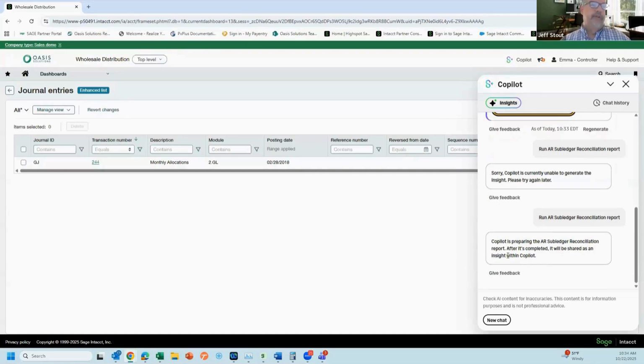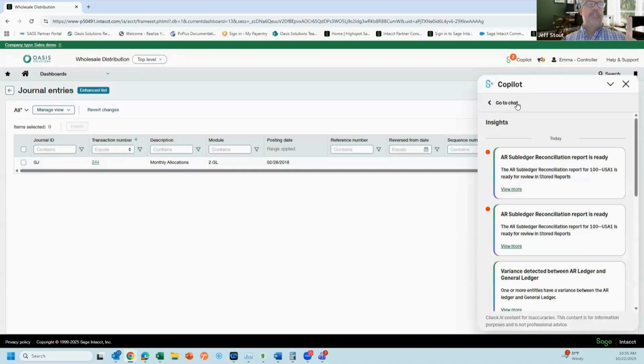Okay, so it's going to run here and show up in the insights, but that'll take me right to the reconciliation report in Sage Intacct. Okay, so that is the close assistant with the variance, at least the close assistant through the reconciliation